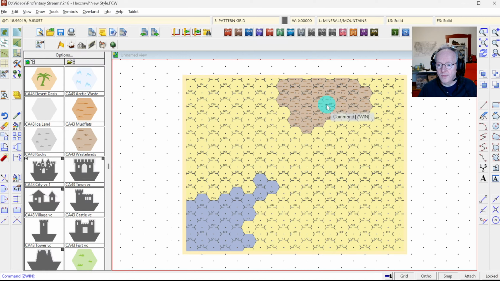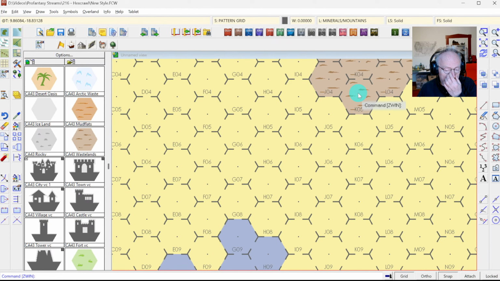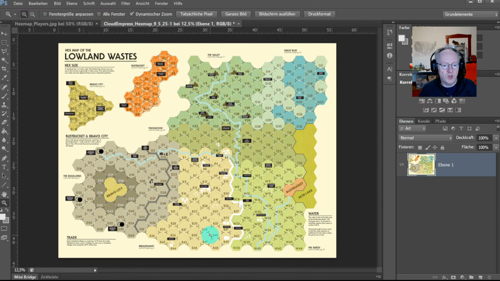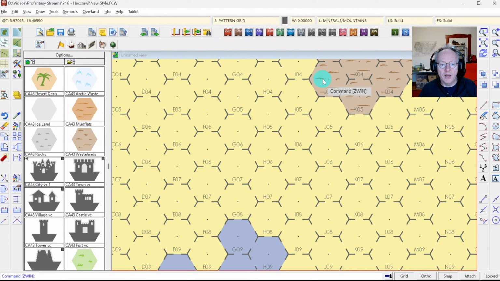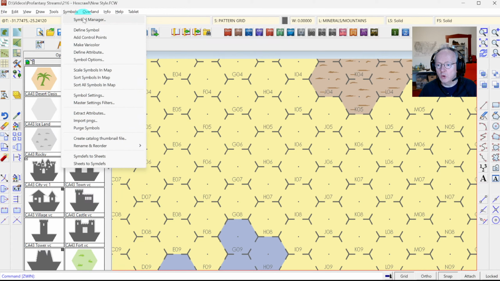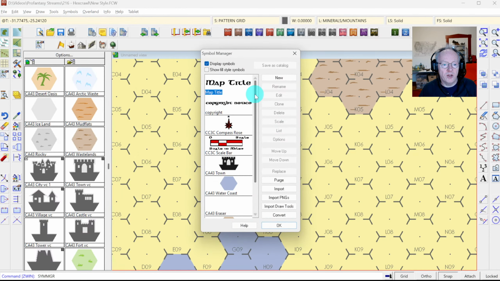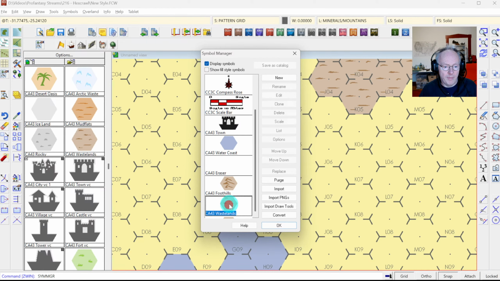Yeah, and thanks for the link. So how do I set these symbols up? First off, I do it in this style here. As you can see, it's very much plain color symbols. There's no big texturing in most of them. So for a wasteland like this, I do want to get rid of the splotches in there. I can, of course, create my own, but for an existing symbol which is already very close to what I want, I can go in the symbol manager, grab the wastelands,